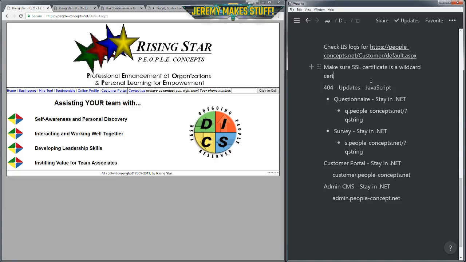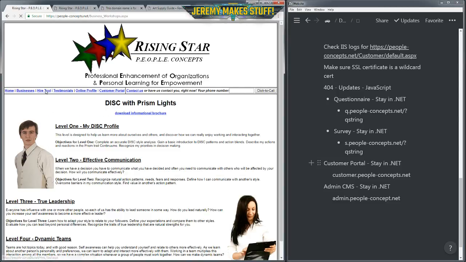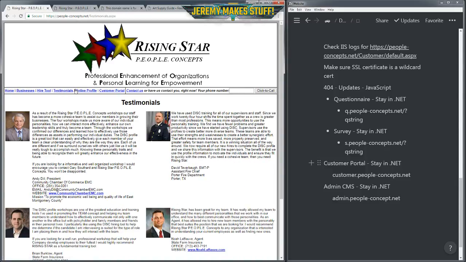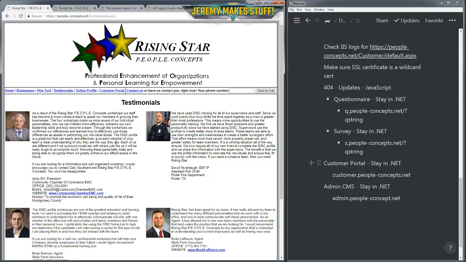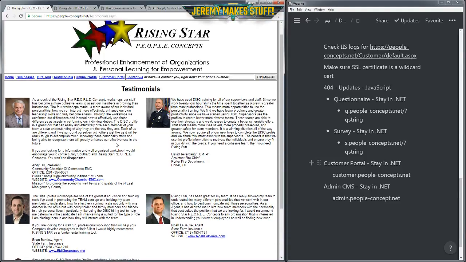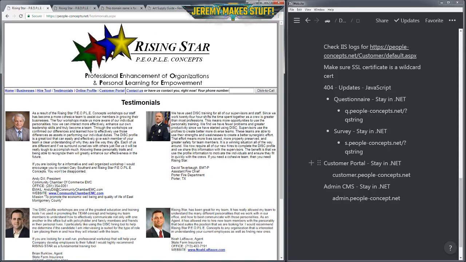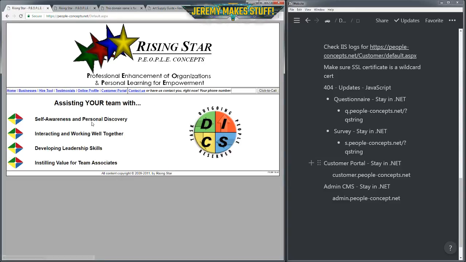Let's see. I don't think there's any other pages here. They are all just static information. The testimonials will be easier to update as well. Some of these have been on here for a little while, but once it's in WordPress, I won't have to go in and edit the layout and put in the text and information all that same way. It'll be a lot easier.